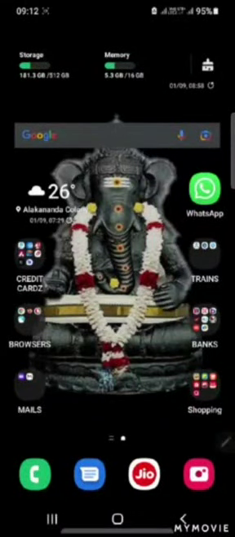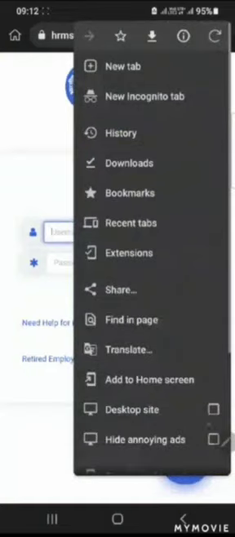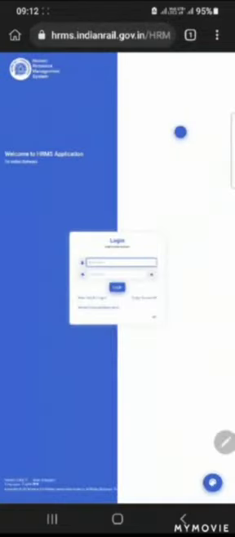Hi everyone, today I am going to show how to give self-appraisal for the staff belonging to level 6, that is 4.2 and above. So now just open any of the browser. I am going to the HRMS login screen, and I am putting it in desktop mode in the mobile. If it is a system, you can automatically go in desktop mode only.